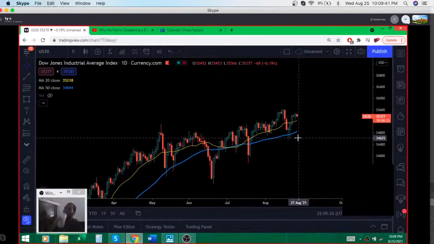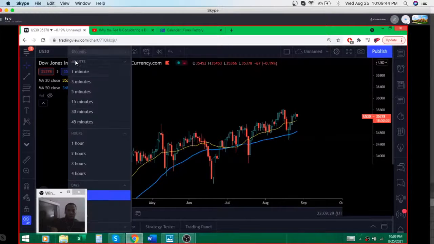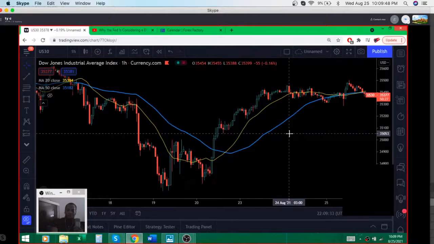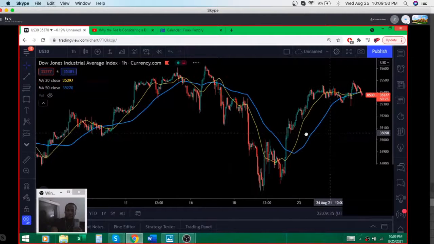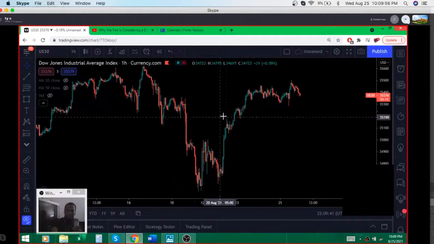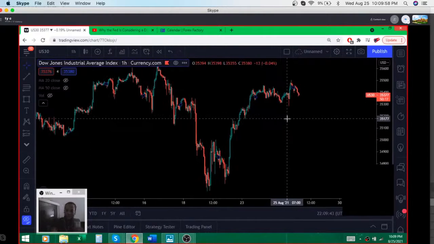I would have to wait for the hourly chart to turn around. Once you start seeing lower lows and lower highs on the hourly chart, it's okay to take a little quick short trade. But until that happens, I gotta stick on the long side